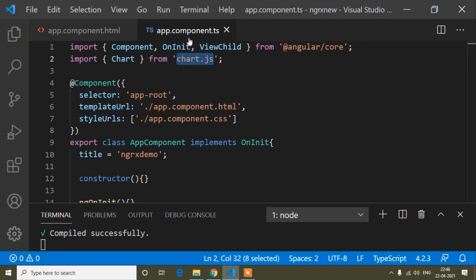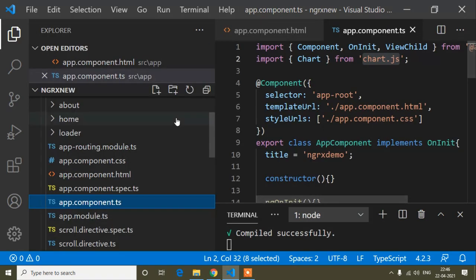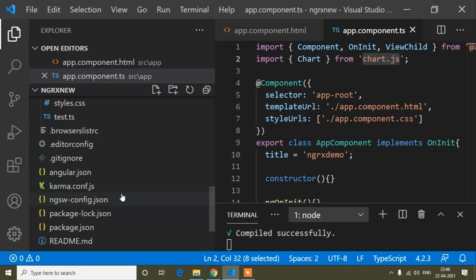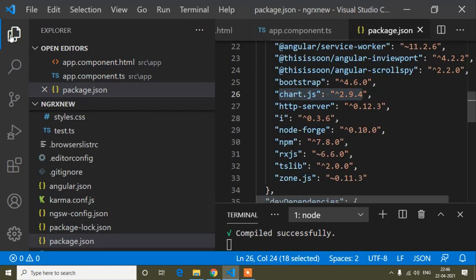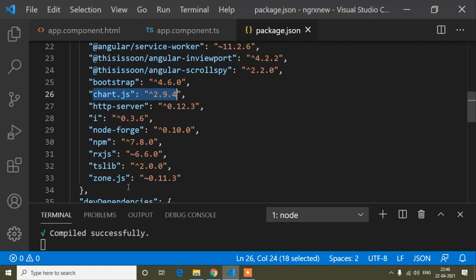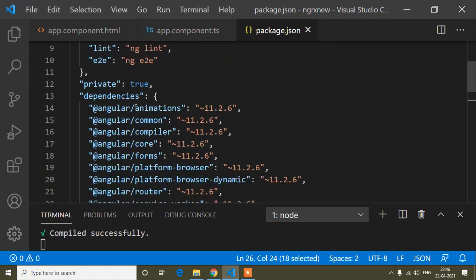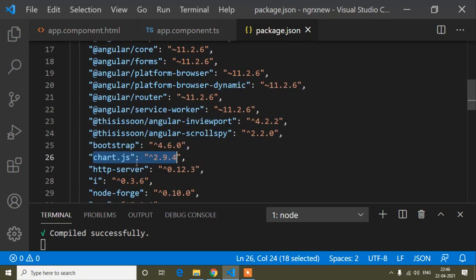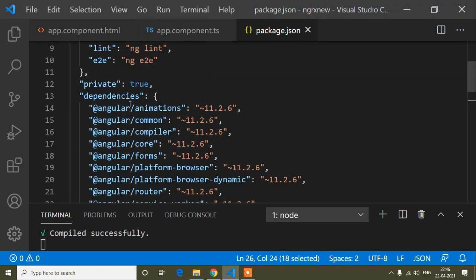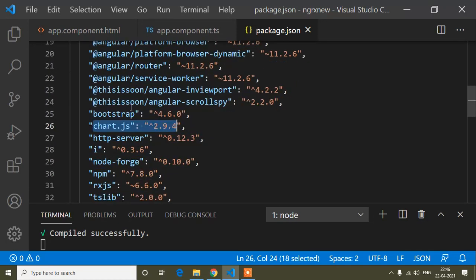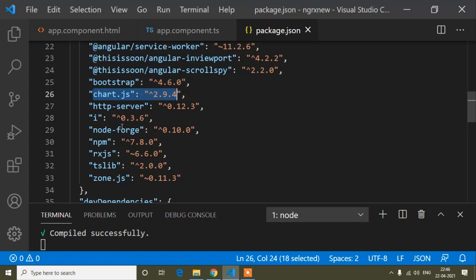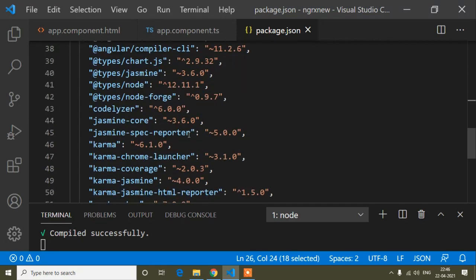I already installed chart types. Okay, so I will try to show. I will open the package.json file, and here if I try to find, I already installed it, so that's why I'm not getting this error.